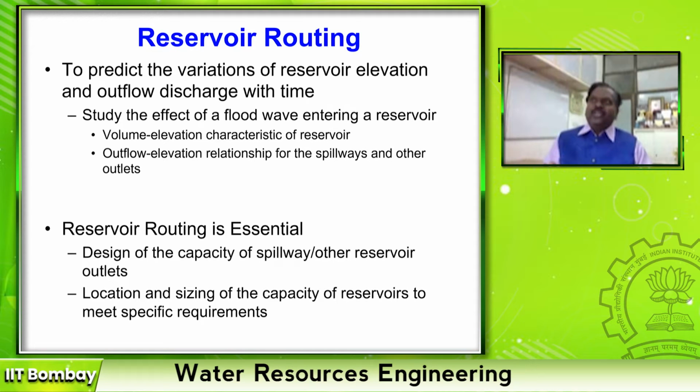I think this you might have done as a relationship in your hydraulics lab, right? When you were finding out the coefficient of discharge for your weirs and notches, you might have drawn a graph, right? Where on the x-axis it is h, depth of water flowing over the structure, and on the y-axis it is discharge, or vice versa.